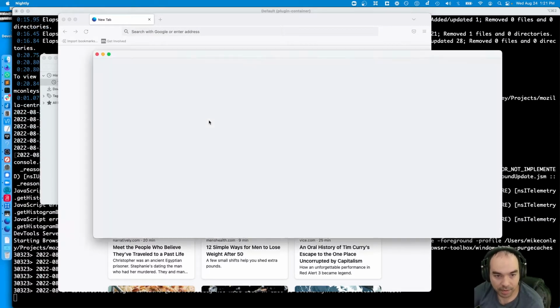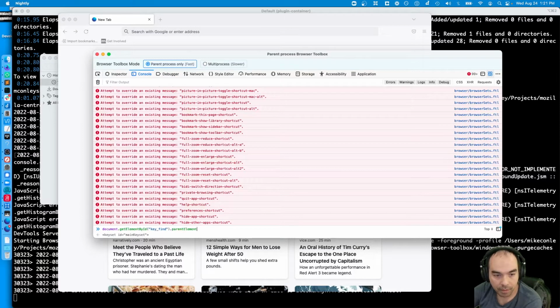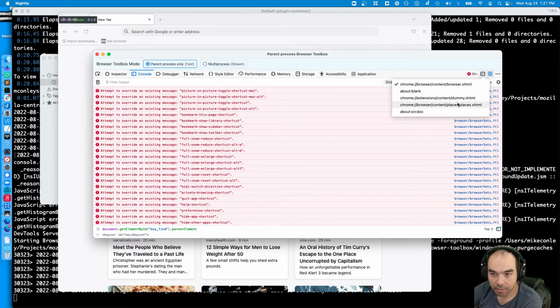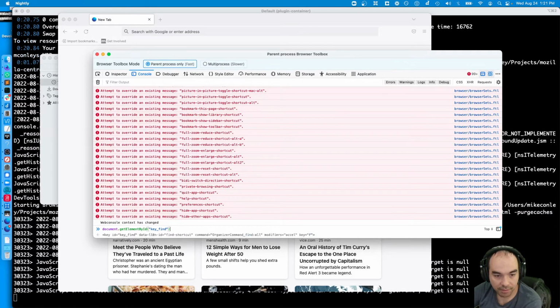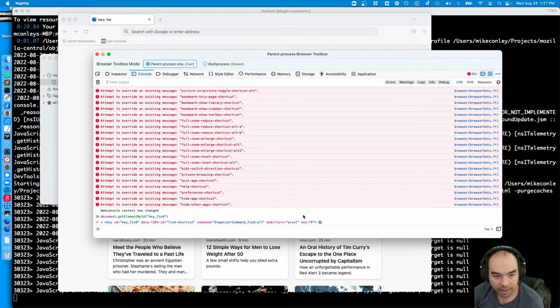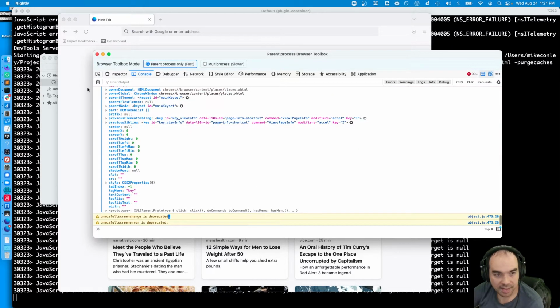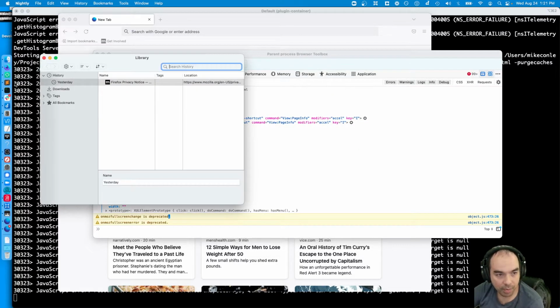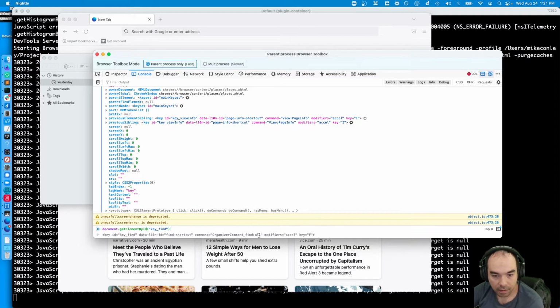So let's open up the debugger again. Let's go to the Places window. Let's get the key find. So key find still exists. Key find organizer. Is this a different node? Because I thought we removed it. Organizer command find all.